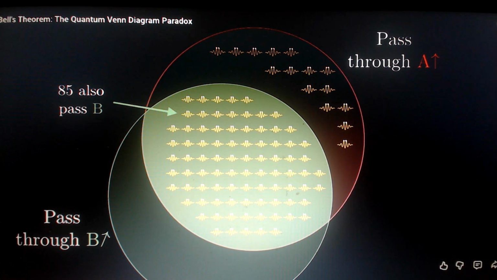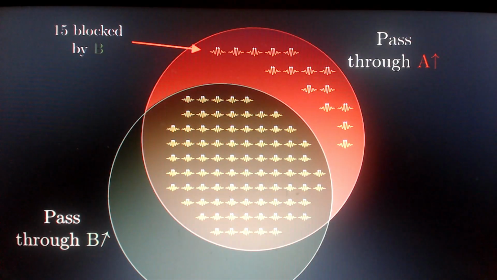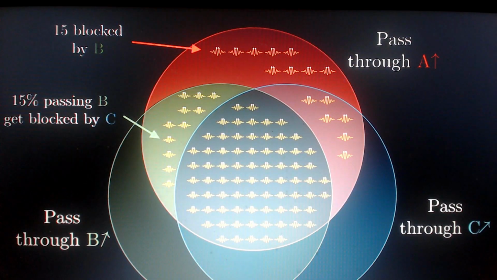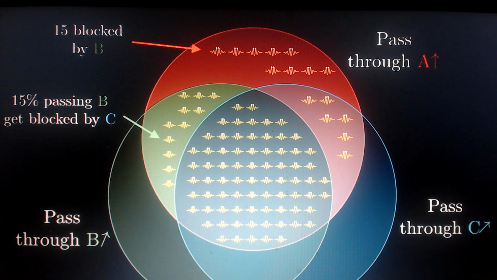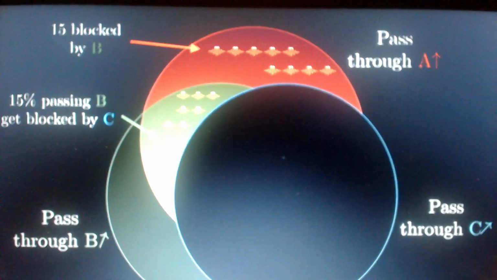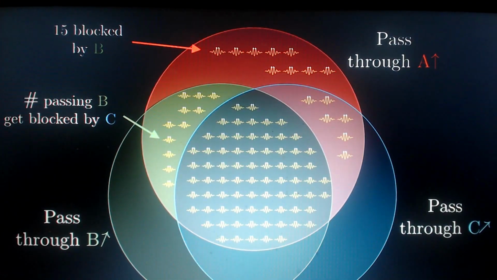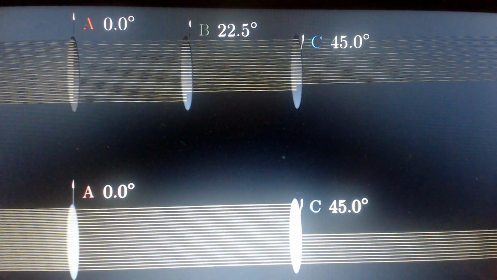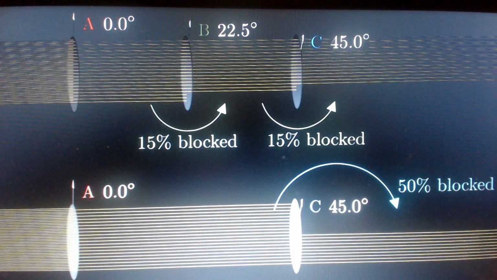85 of these guys inside the intersection of circles A and B, leaving 15 in this crescent moon section representing photons that pass through A but get blocked at B. Similarly, among those 85 that would pass through B, about 15% of them should get blocked at C, which is represented in this little section here, that's inside circle A and B, but outside circle C. So the actual number whose hidden variable has them passing through both A and B, but not C, is certainly no more than 15. But now, think of what Henry was just saying. What was weird was that when you remove filter B, never asking those photons what they think about 22.5 degree angles, the number that get blocked at C seems too high.